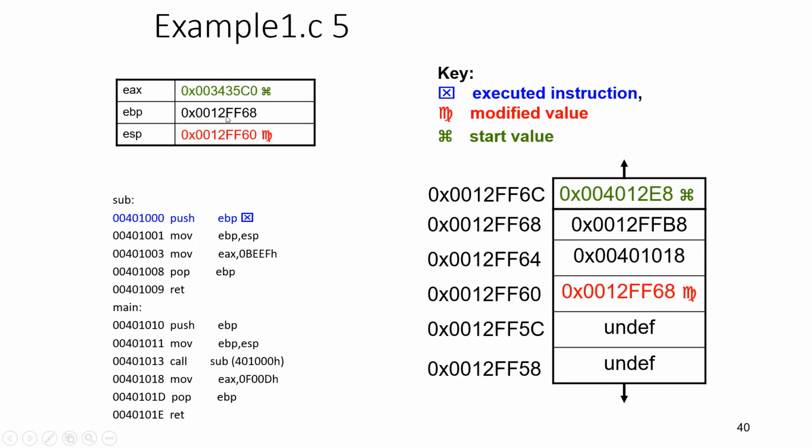ESP has this value and we are copying it into EBP. So nothing changed except EBP. Now the value 0xbeef is copied into EAX. There is nothing we are going to change on the stack, we are just putting beef into EAX